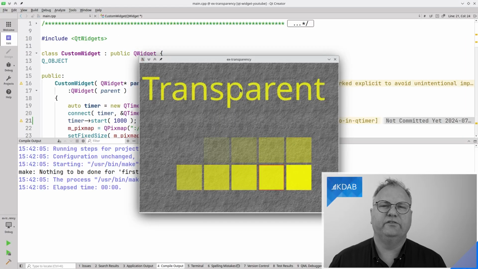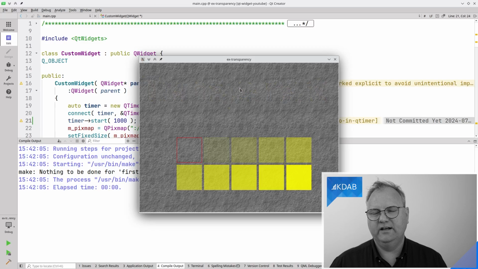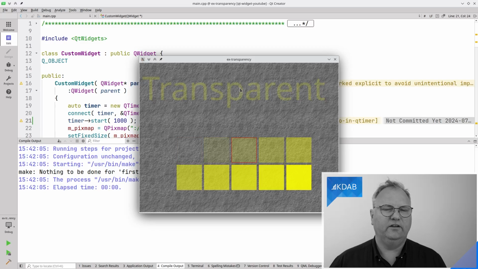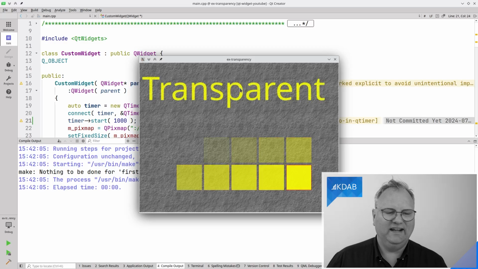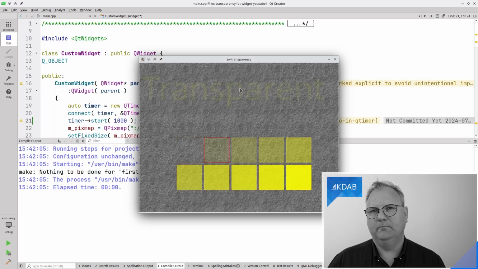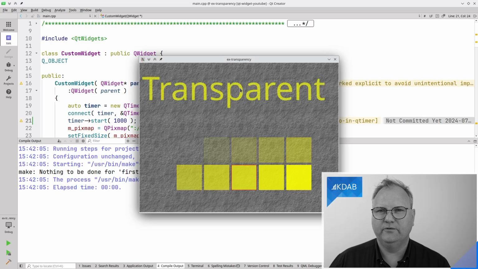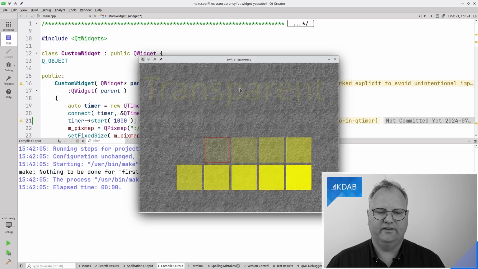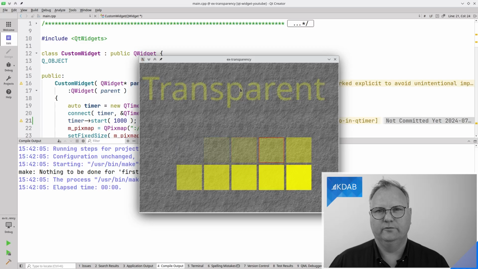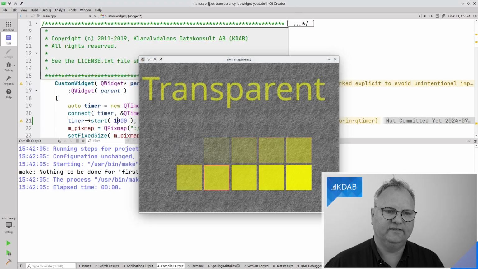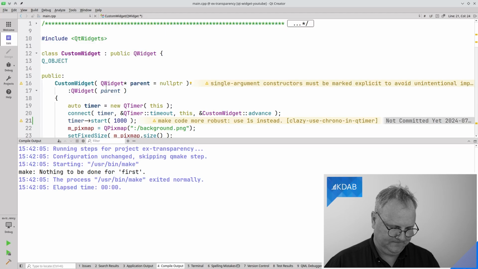And let me just show you a simple example. It's not really rocket science, but on the other hand, it is useful to see some code from time to time. And you can see the example running here on the screen behind me now. It is simply a text that is being painted with a certain amount of transparency. So you can see the boxes down there highlight how much transparency the text is being painted with. And then the text is painted on that background with some transparency. Let's see the code for this.